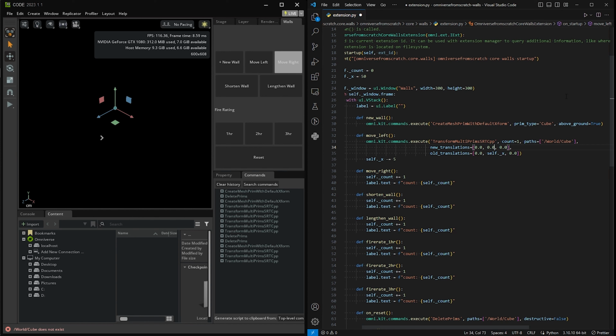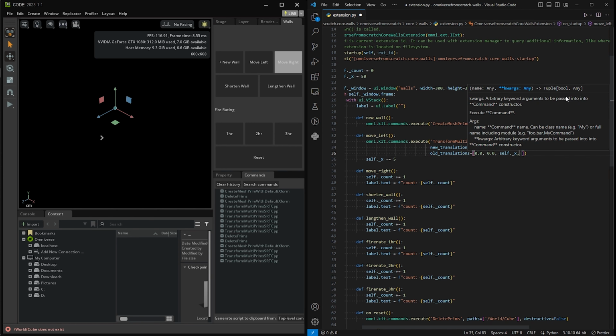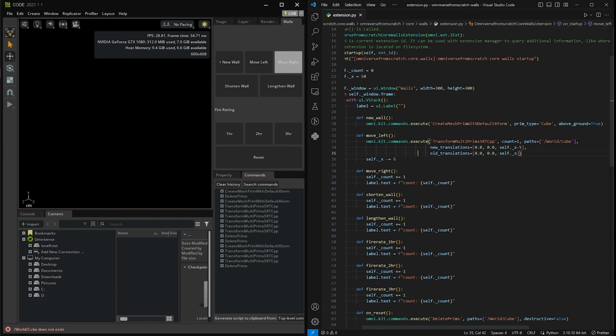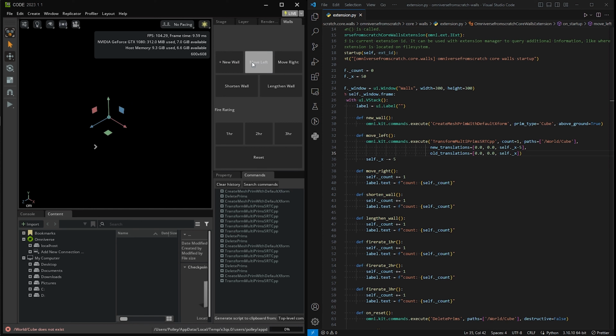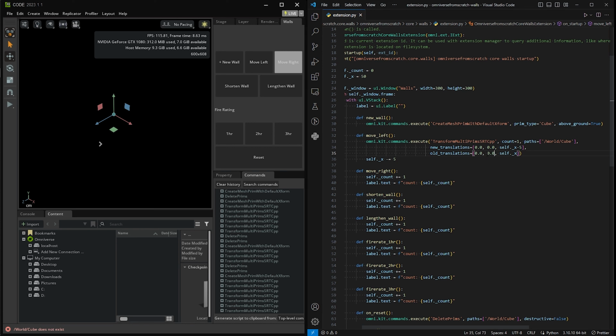0, 0. And then we're gonna do this. And then this is this. And then this is that. Just need to make sure. Okay, Control S, save. Reset, new wall, move left, bow. Huh. Okay, so